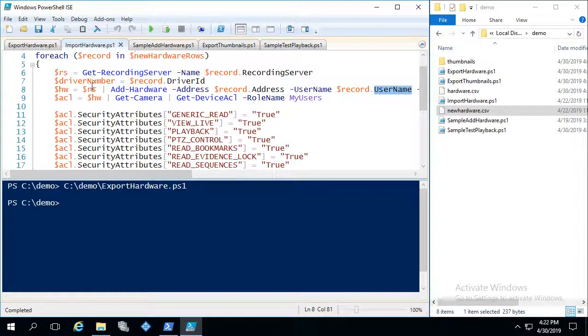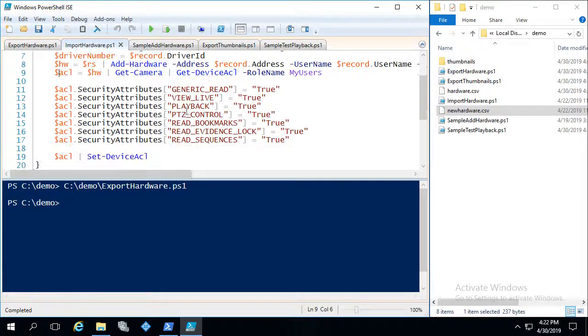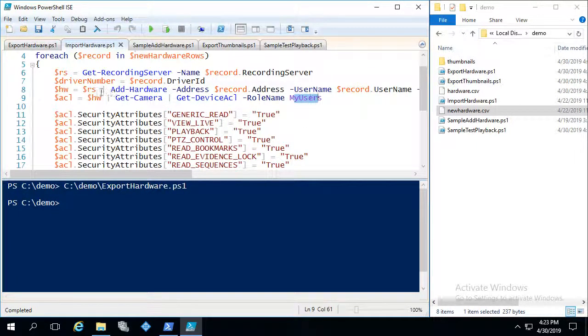And assuming it's successful, the add hardware command returns the hardware object that you added. So I'm storing that in the HW property there. And then I'm going to go through the permissions and grant the my users role basic read and write permissions to that hardware. So in this case,